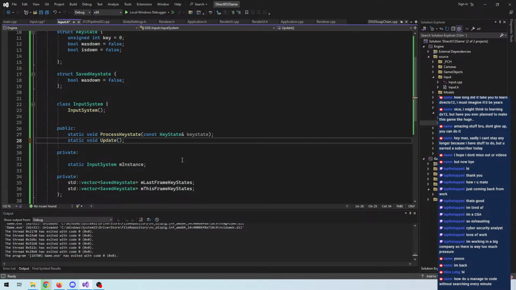Do we actually call it update? Because we will be getting different messages, we will be filling out our current frame state key states, and we will then be, let me see, I may have gotten a bit distracted, because